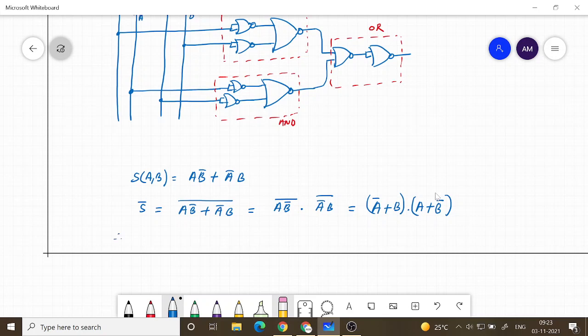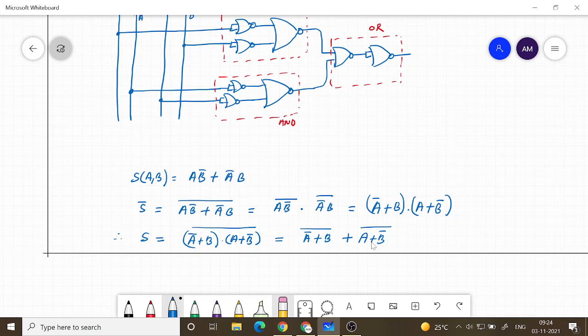Now what we want is S. Therefore S is what? (A plus B) into (A plus B bar), (A bar plus B) into (A plus B) the whole bar, which I would write as (A bar plus B) the whole bar plus (A plus B bar) the whole bar, the whole bar.